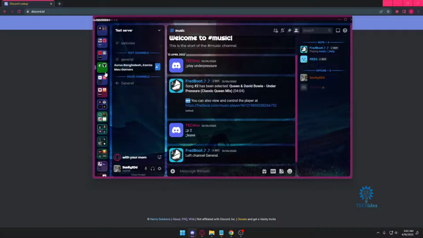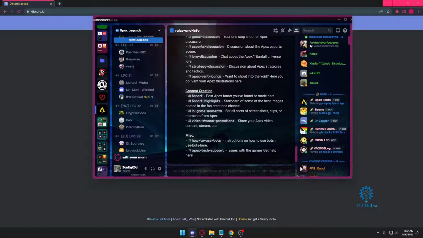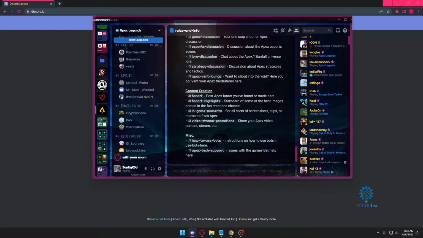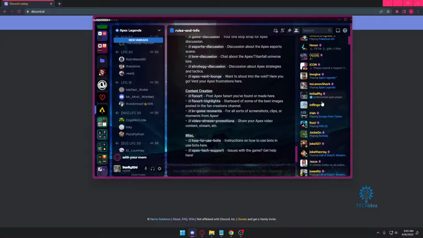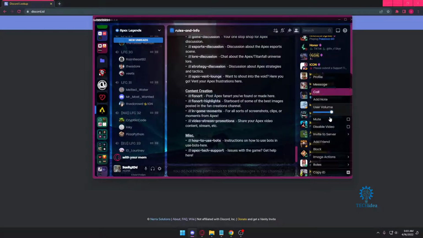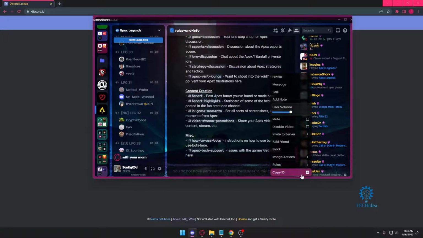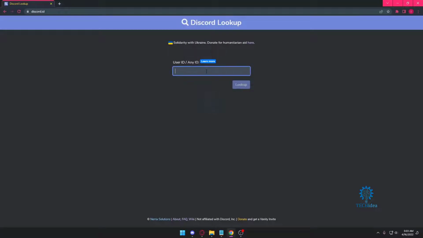Now for example, let's go to this server, the Apex Legends server, and from here we're just going to choose someone random, such as this guy. Apparently this guy's a professional Apex player. Alright, so now over here, once I right click, we can see this copy ID. So after right clicking, we're going to copy this ID, and then we're going to paste this ID, and then we're going to